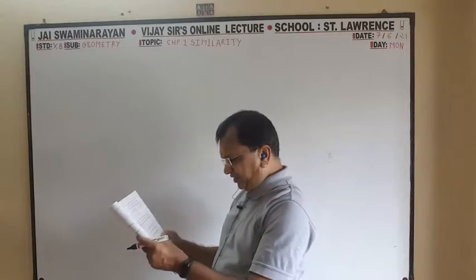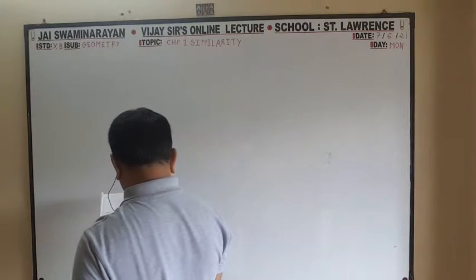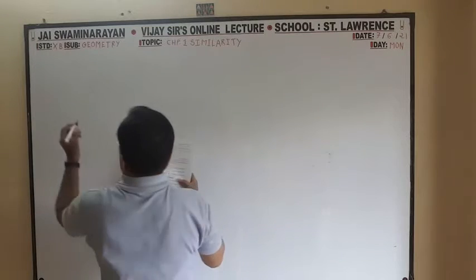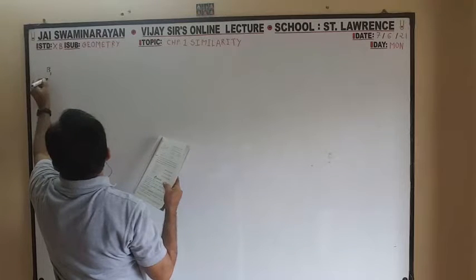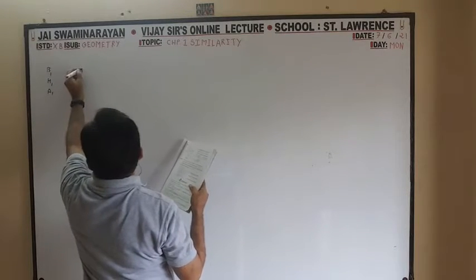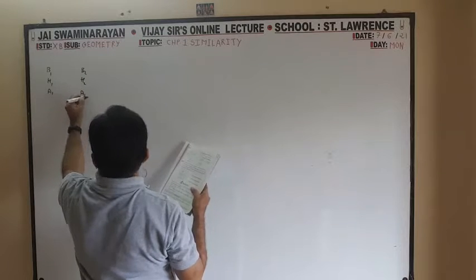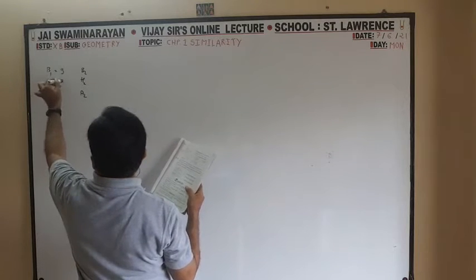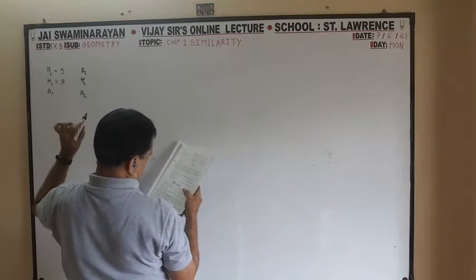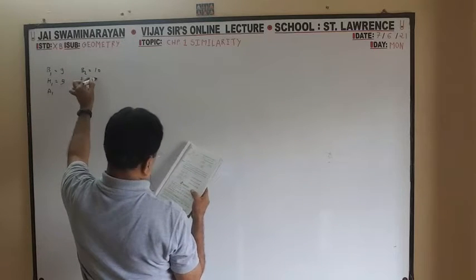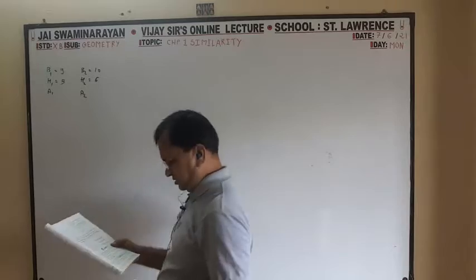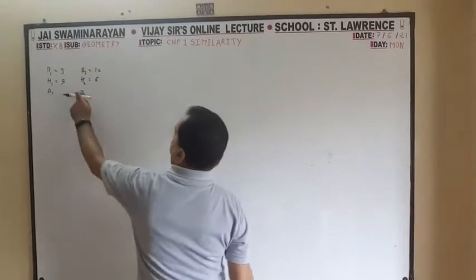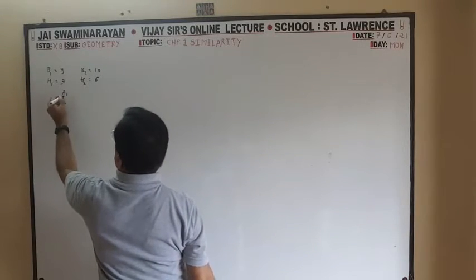Okay, the base of a triangle is 9, height is 5, another triangle is 10 and 6. Base 1, height 1, area 1. Base 2, height 2, area 2. Base of a triangle is 9, height is 5, sorry, and this is 10 and 6. Find the ratio of area of 2 triangles. We want area 1 divided by area 2.